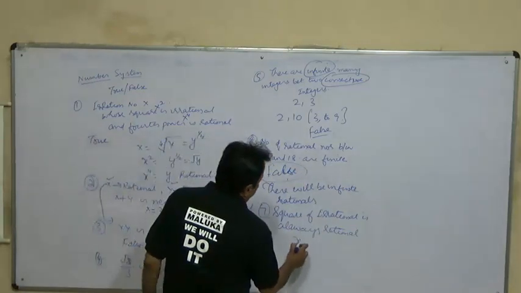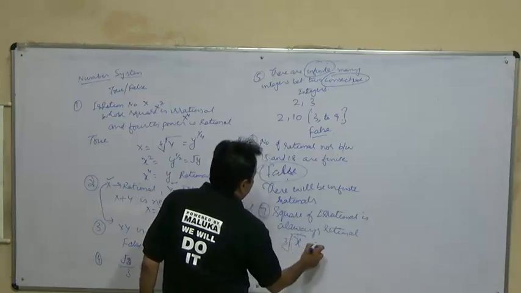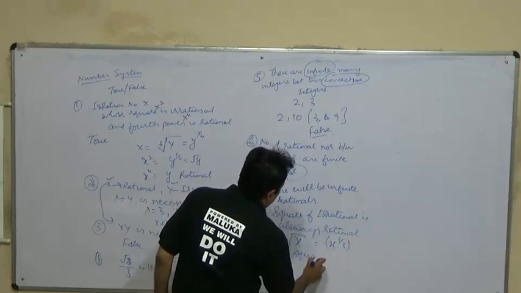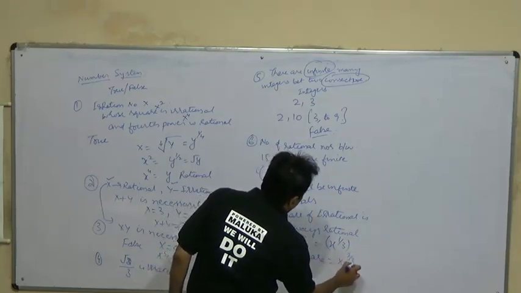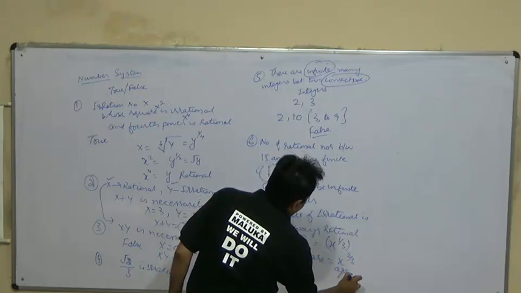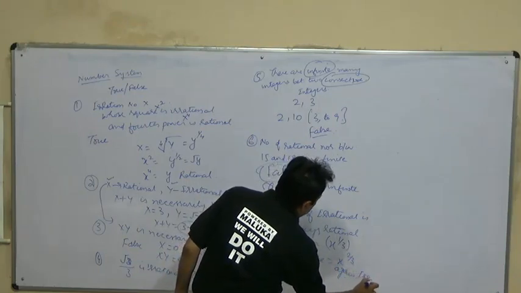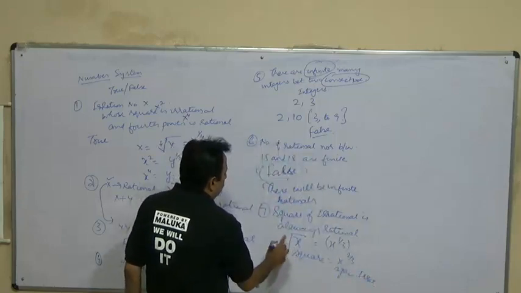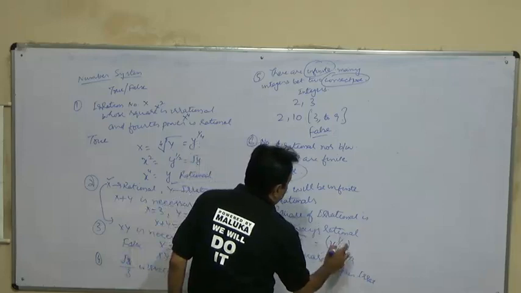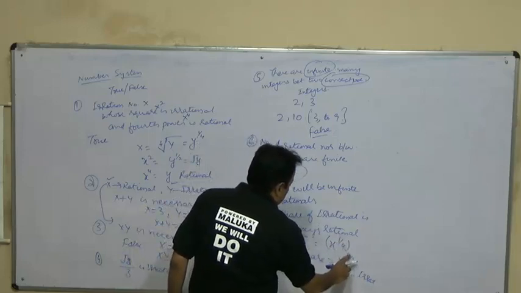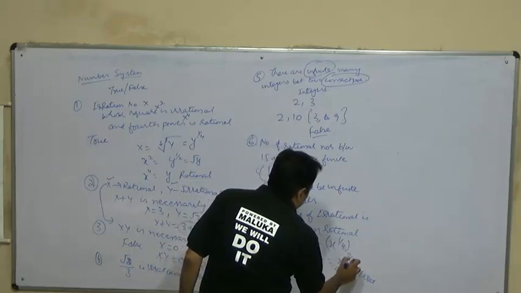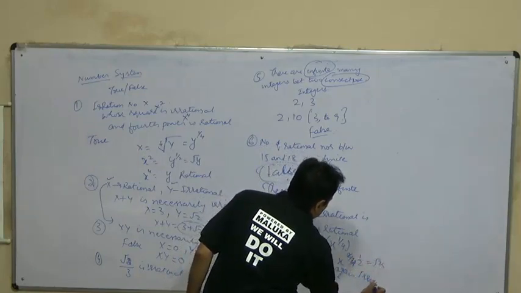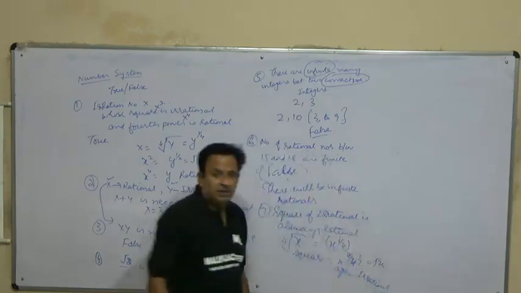एग्जांपल अगर हमारे पास नंबर है क्यूब रूट ऑफ x, इसका स्क्वायर क्या होगा, ये x बाई 3 हो गया ना, तो स्क्वायर विल बी x रेज्ड टू पावर 2 बाई 3 विच इज अगेन इरेशनल। और वी कैन से फोर्थ रूट ऑफ x, दिस इज x रेज्ड टू पावर 1 बाई 4, स्क्वायर क्या होगा 2 बाई 4, ये कट जाएगा 1 बाई 2 विच इज अंडर रूट x विच इज इरेशनल।